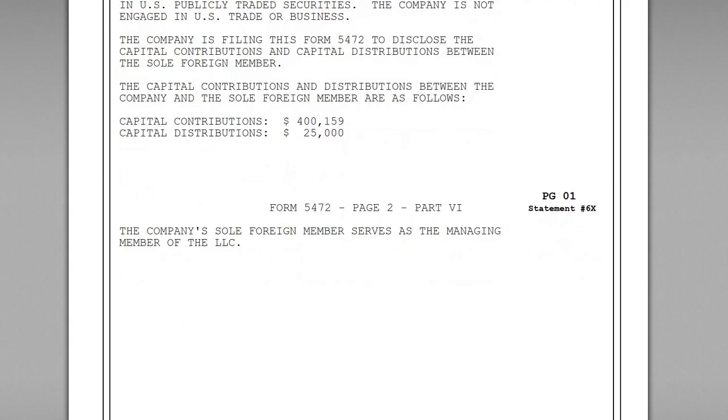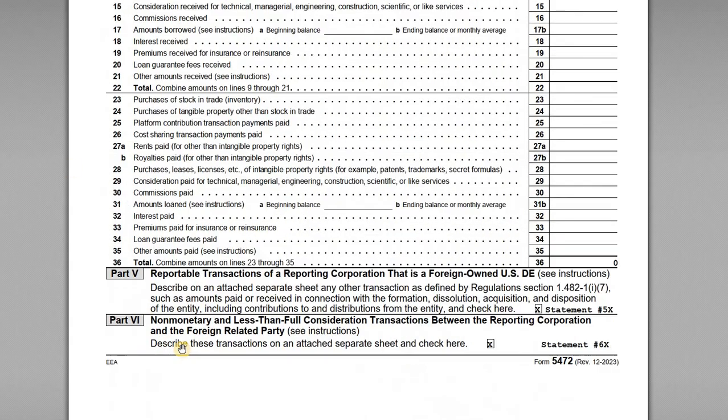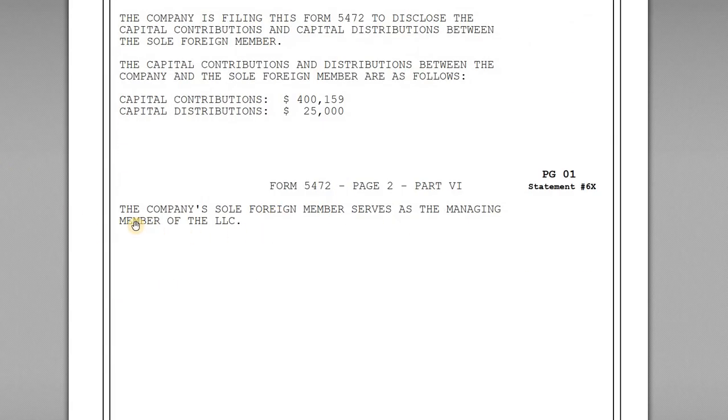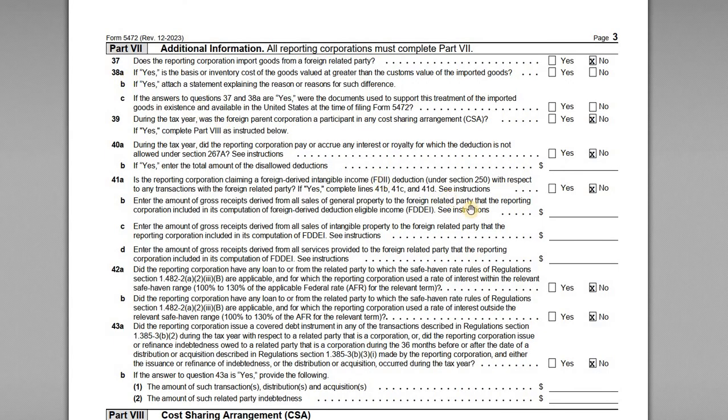And then in Part 6, so Part 6 asks that we describe any non-monetary or less than full consideration transactions between the reporting corp, so the LLC, and the foreign related party. I'd like to highlight just as a note here that the company's sole foreign member, if this is the case, is serving as the managing member of the LLC. So that suggests that the foreign member is doing something to run and manage the LLC. They're simply not just a mere passive owner or investor. And so Part 7,